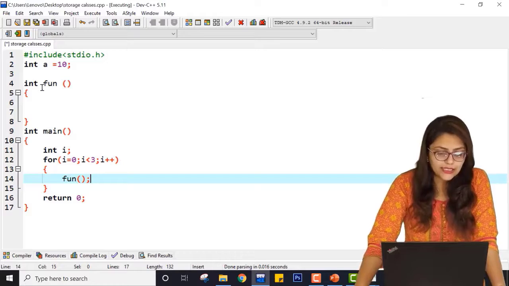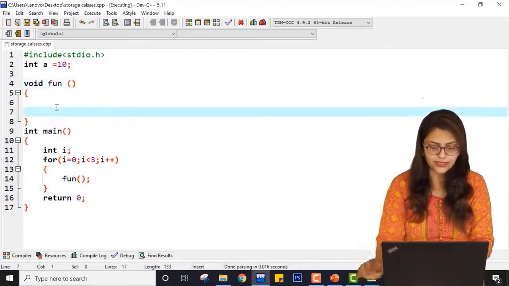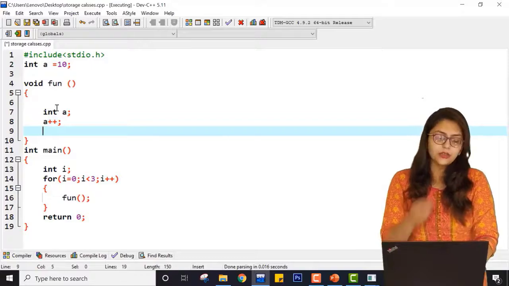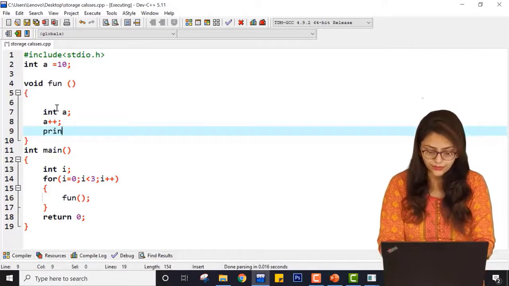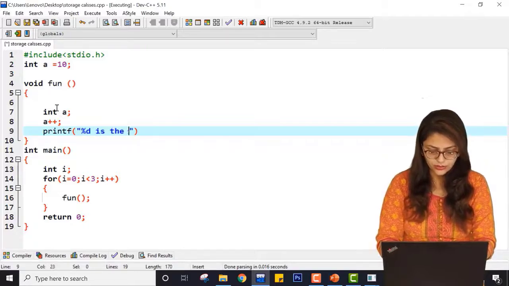Now inside this fun I am going to make it a void function, and inside this I am declaring int a, a plus plus, and printf %d is the value of a, right?